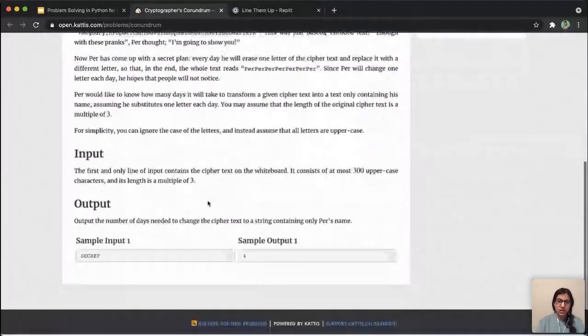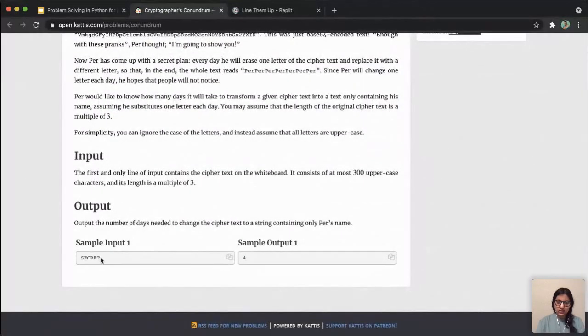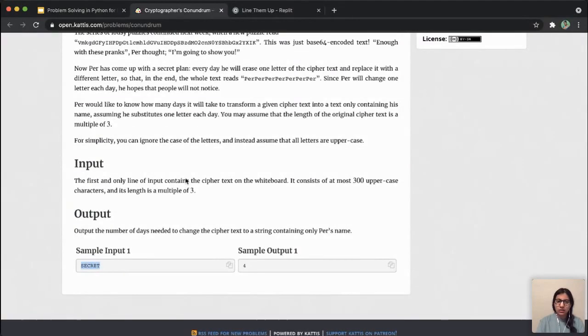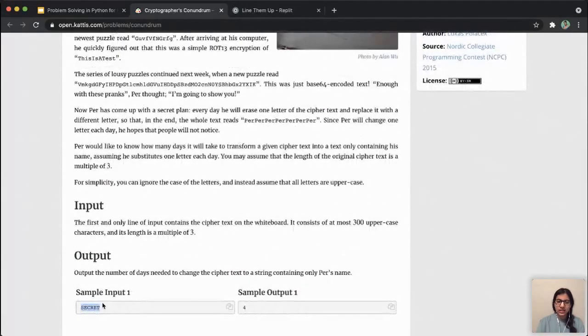So this question is basically saying you are given some string, just one string as input, okay? Like this, for example. And what they want is they're trying to convert this string into this one, PER, okay?